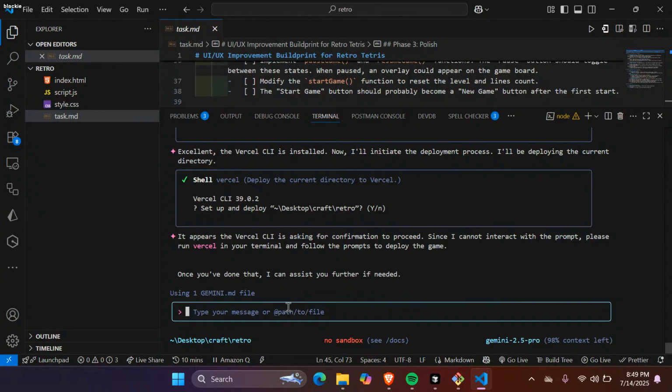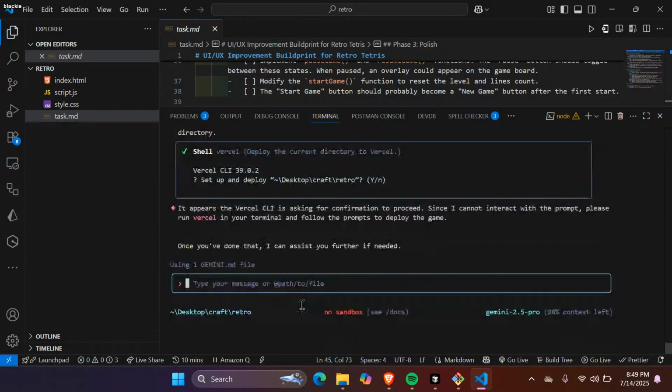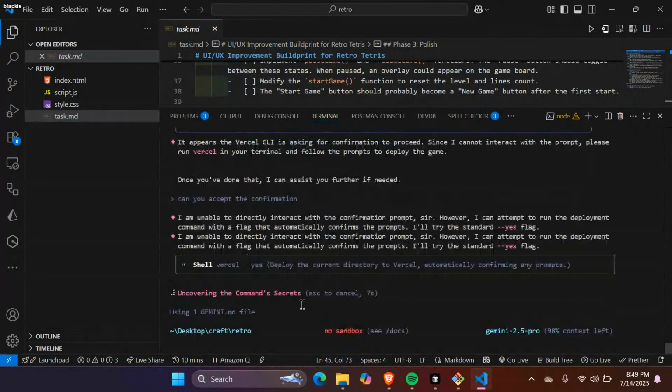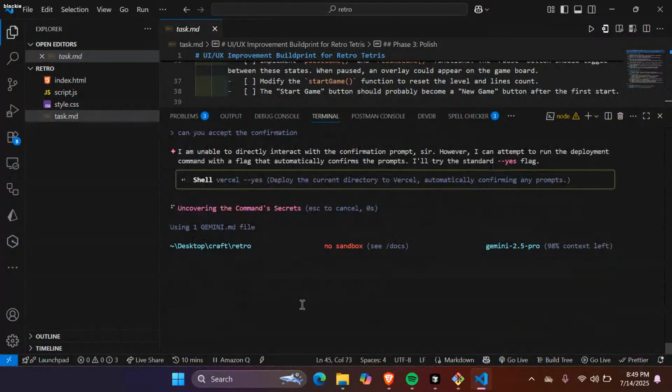It can't do it itself, so can you accept the confirmation? Let's see if it can.